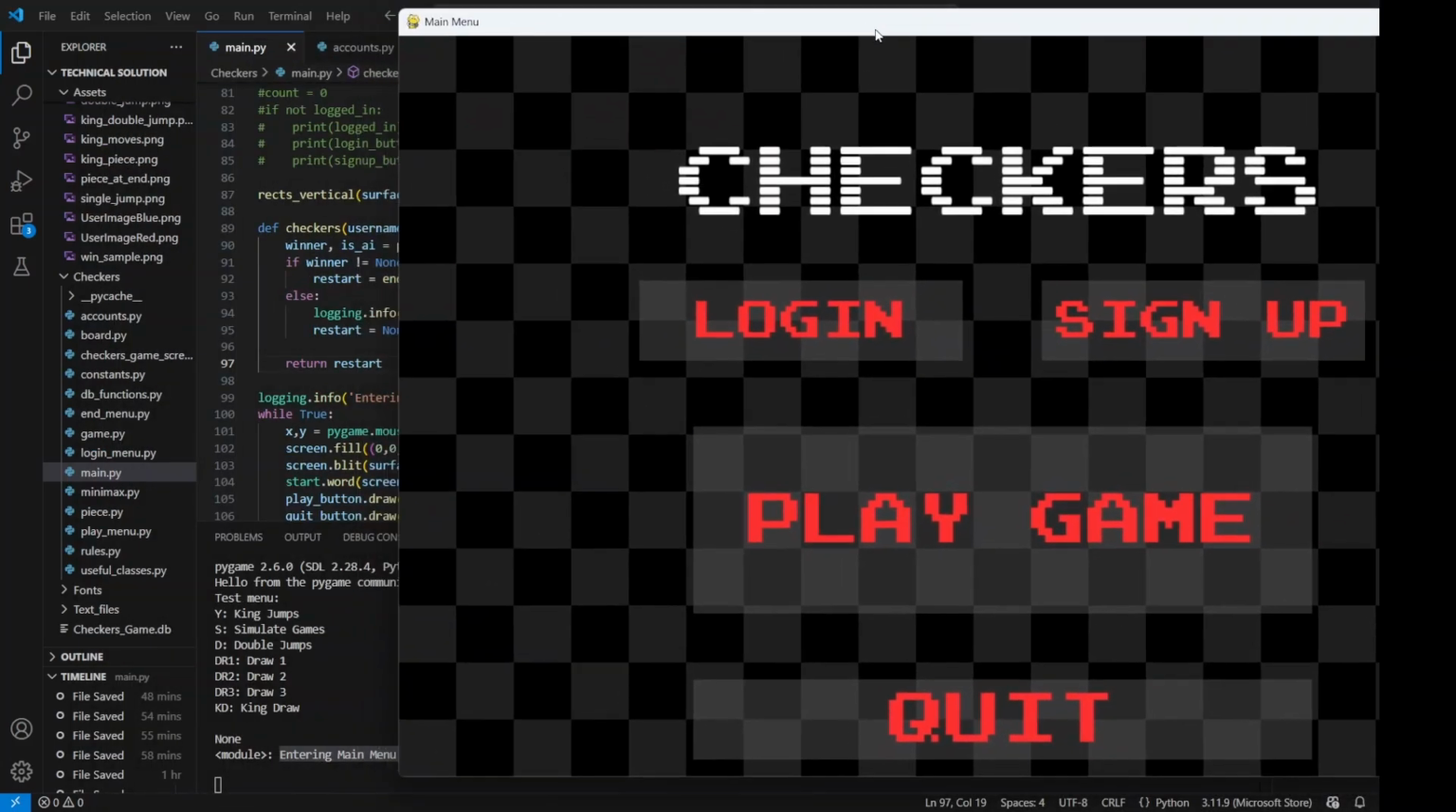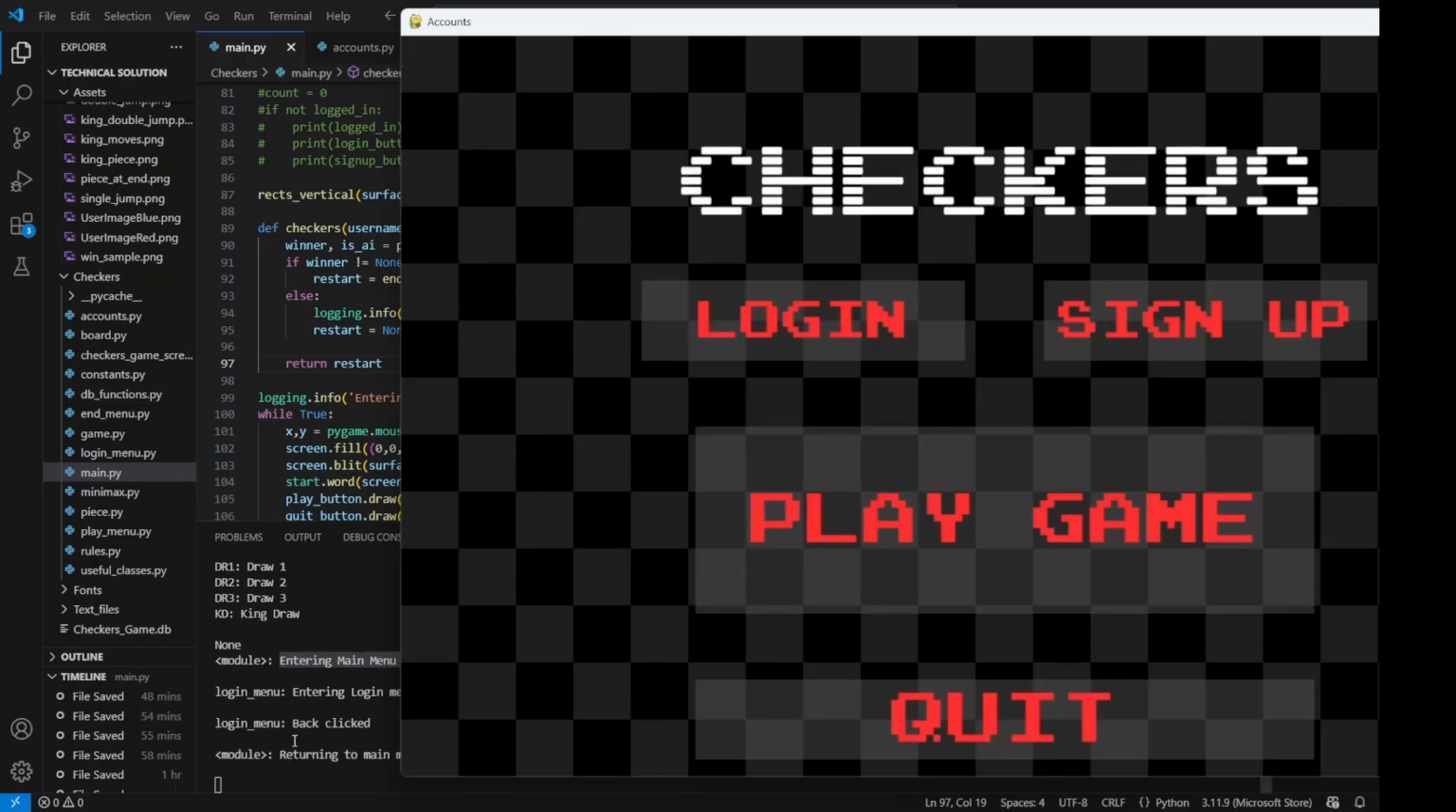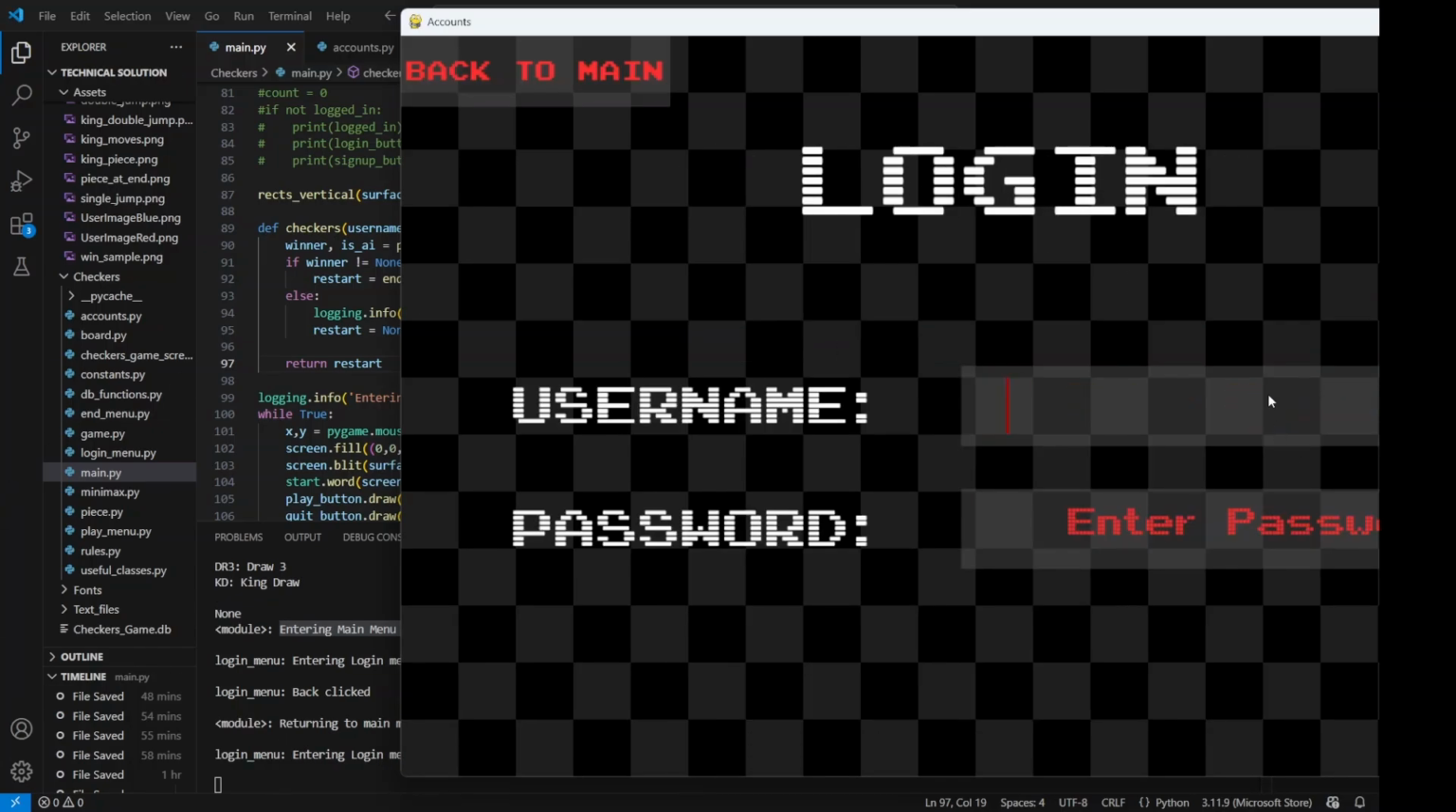Now if I click login, you can see that I am told that I am entering the login menu and that I am within the login menu function, which means I'm in the right place. If I click back to main, you can see that the login menu recognizes that the back button is clicked, and the main menu has also been returned to, so it's told us that we are returning to the main menu. So if I log into an account,